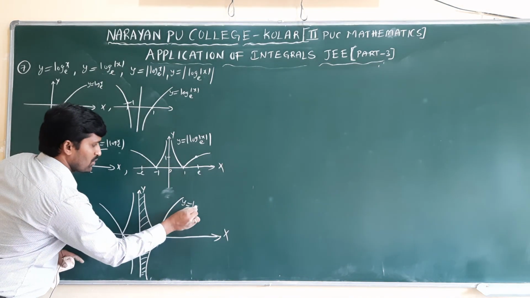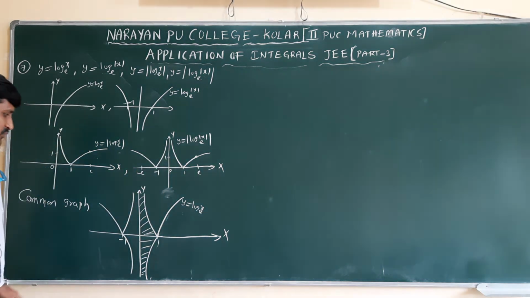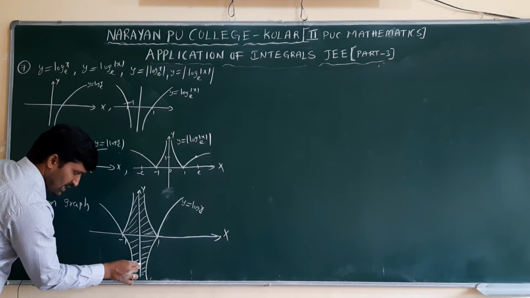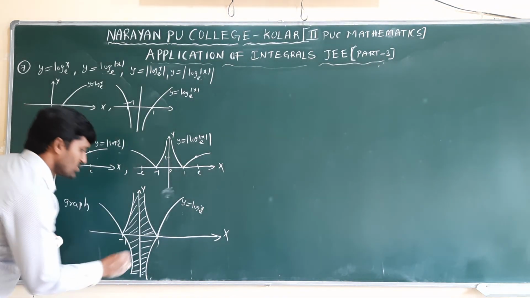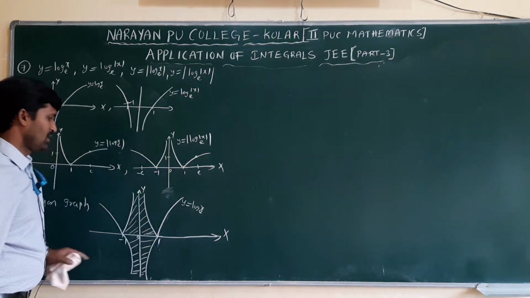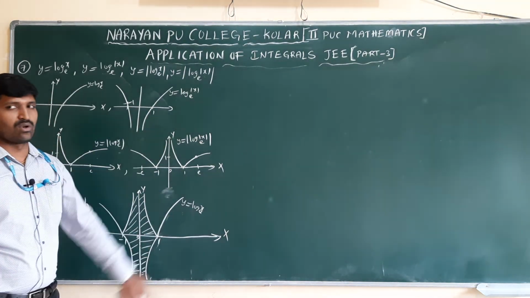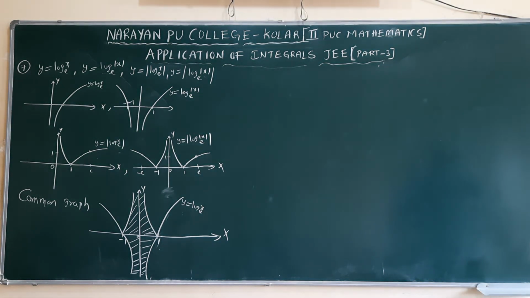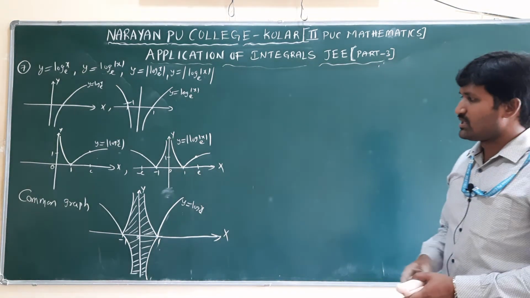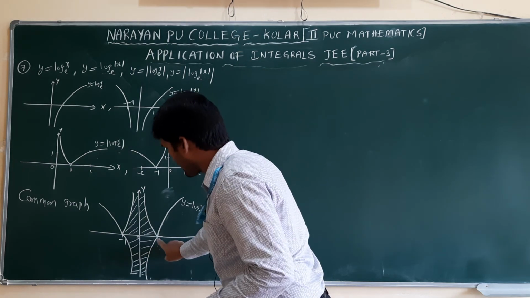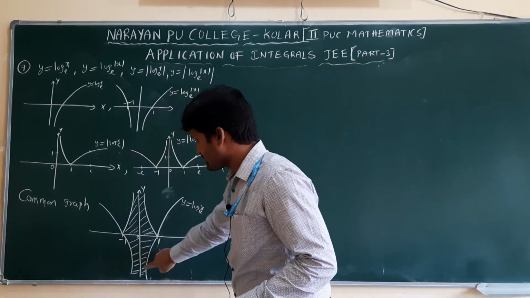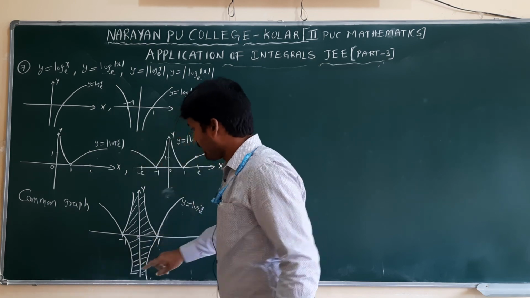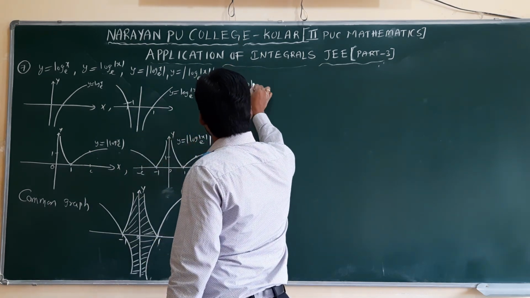This is y is equal to log x to the base c. One graph we are taking. This also requires 4 parts. All parts are of infinite length only. So 0 to 1 I will take. What is the curve here? y is equal to log x to the base c, condition-wise we are taking. I will take modulus of y here. Modulus means it can be negative or positive. To find the exact area, because this curve is below the x-axis from 0 to 1, this is the curve y is equal to log x. I will take modulus.